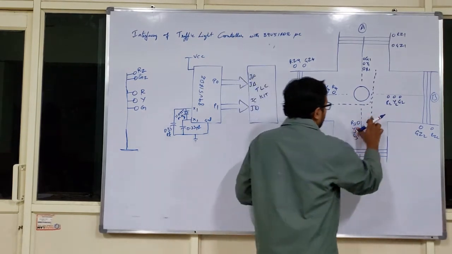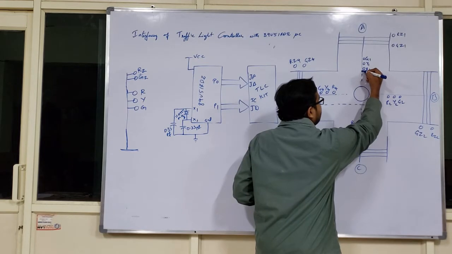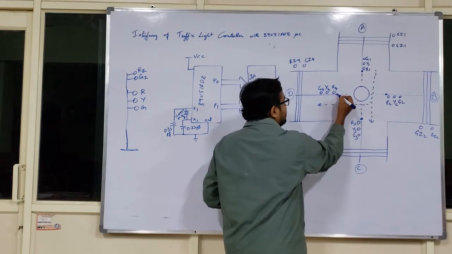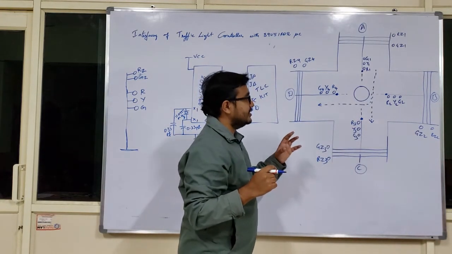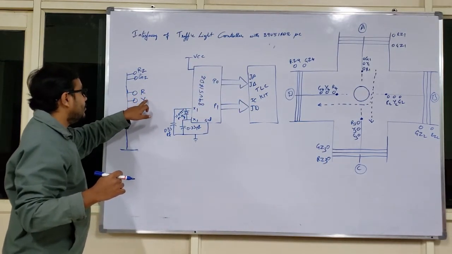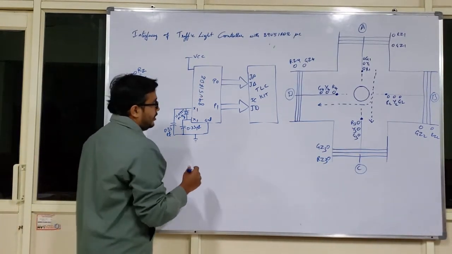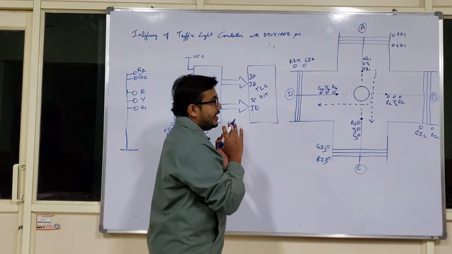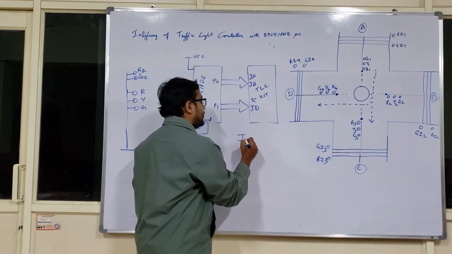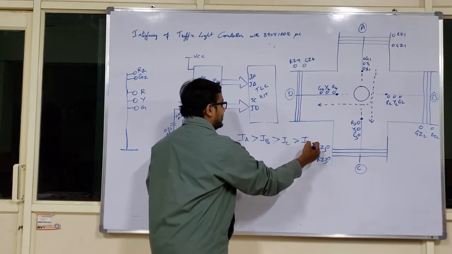Okay. Now, so these are the 4 junctions. Junction A, let me call this junction B, this is my junction C, and this is my junction D. At each and every junction, I have placed a pole here. On this pole, the red lamp, yellow lamp, and green lamp are already installed. Because an activity has to take place step by step, for the first priority I would like to give junction A. Next, junction B will be the next priority, then junction C as well as junction D.